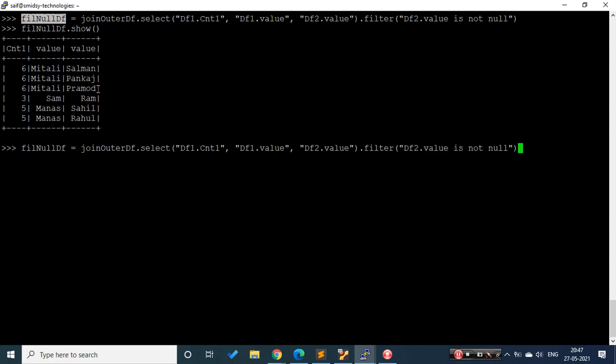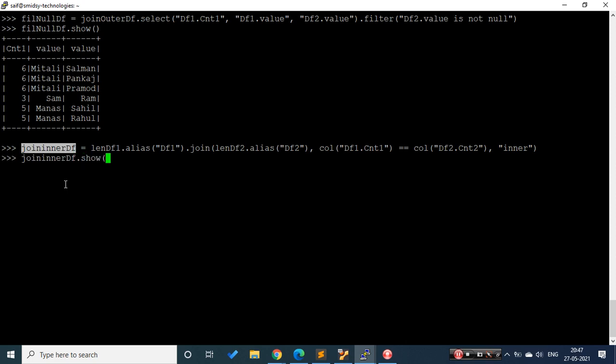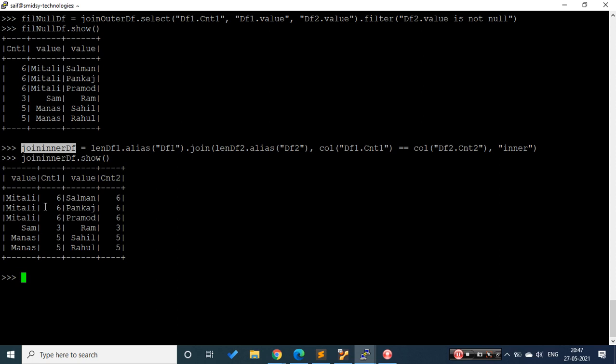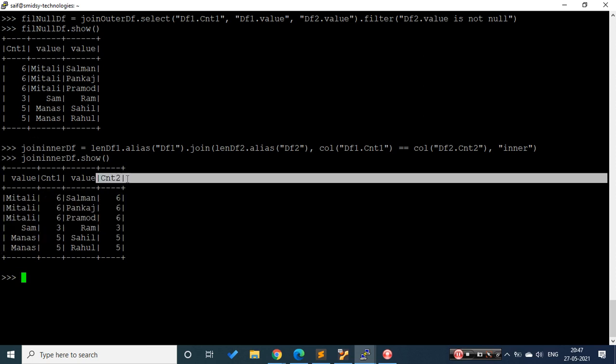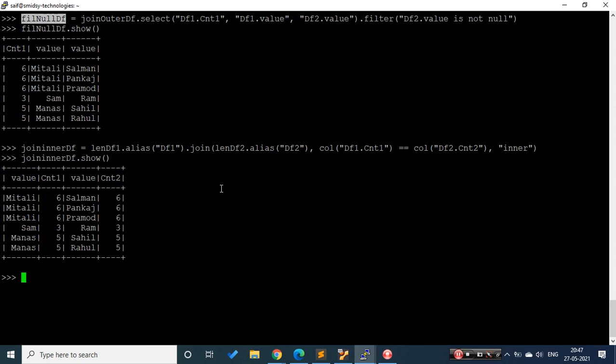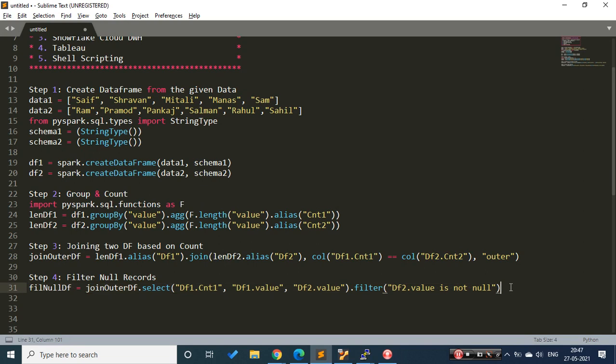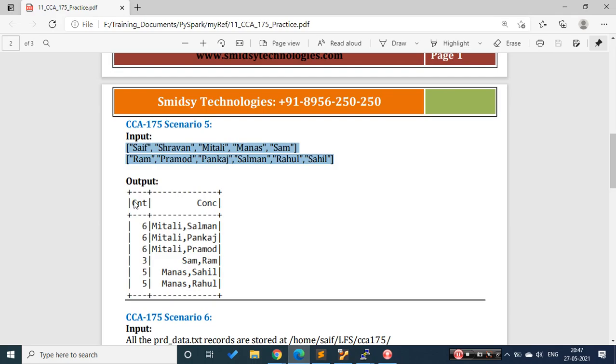So this was the inner join, so let me change it, otherwise my data frame will get overridden and I'll not be able to get my correct output. I'm just showing this for one step, like we are trying to write extra. So from this we have eradicated this column. Okay, so we'll go with this column. What we have done is we have eradicated the null values. We are getting the count. Now we just need to concatenate the data.